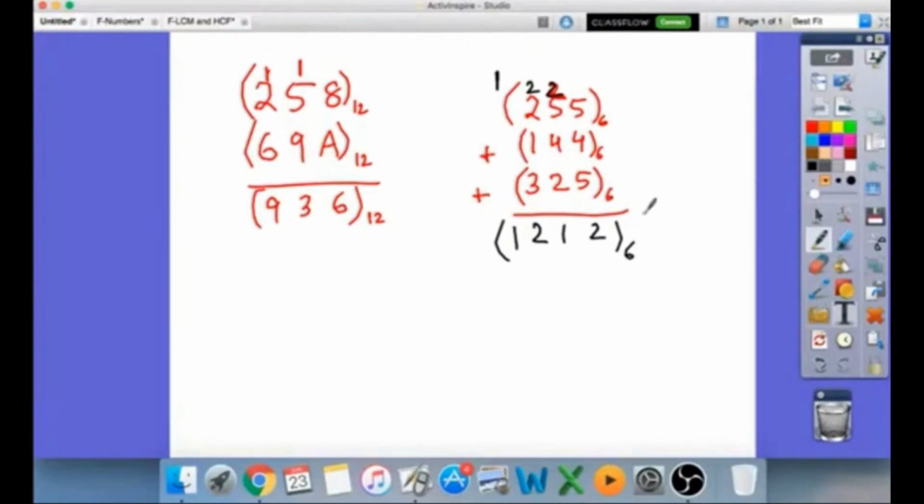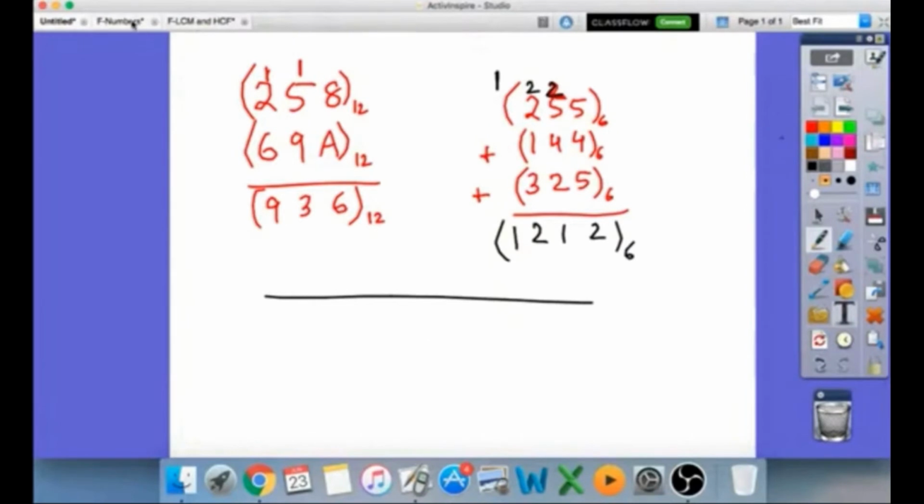Is that understood? So you just see how many 6s are there and that will go as carry. The remaining should be written down below. Here as well, you have to see how many times 12 goes. 12 goes 1 time, it went as carry. Subtract 12 and write the remaining here. That's how you add. Clear? I hope this is understood.